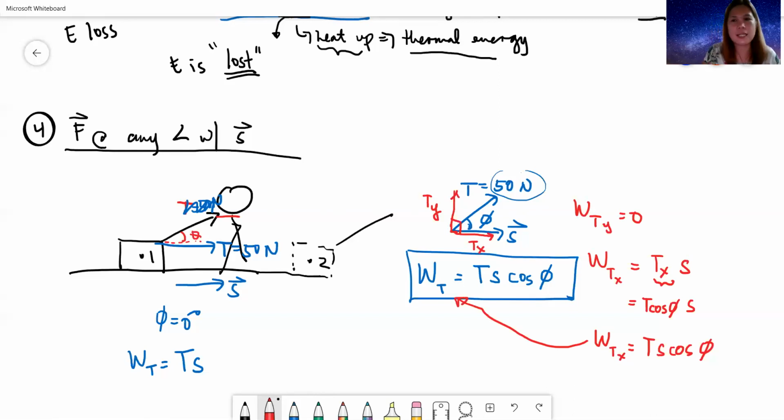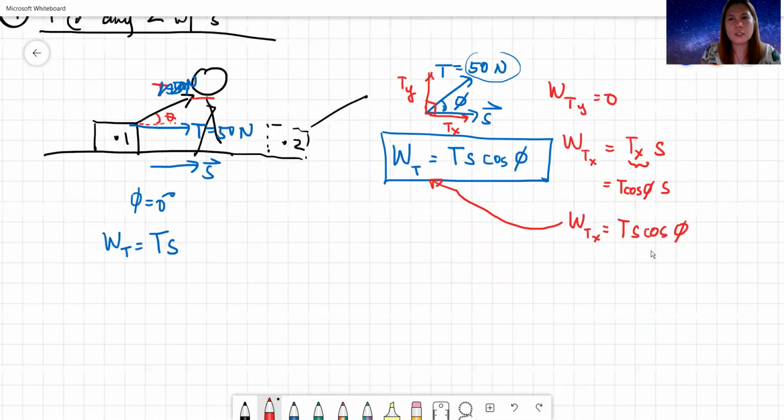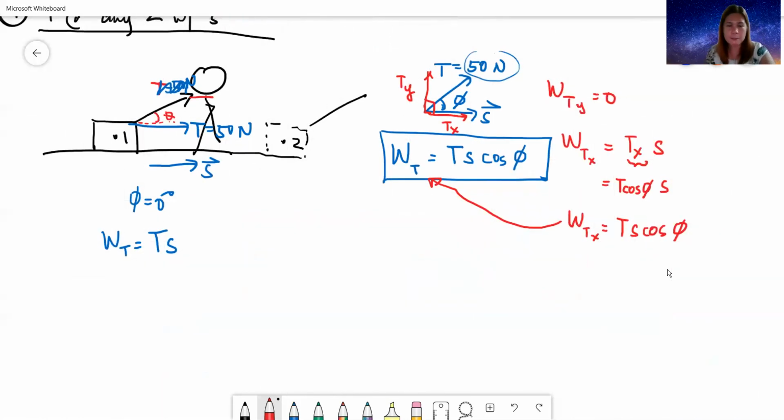In other words, class, you can look at it at different perspectives. Perspective number 1 is this. So you have the work is equal to F S cosine phi. Yan. Itong force dito as is siya. Okay? Pero, we can also say that the work is, you look for the parallel component of force and then you multiply it with S. Huwag mo nang lagyan ng cosine phi. Kasi sa perspective na ito, hahanapin mo yung,